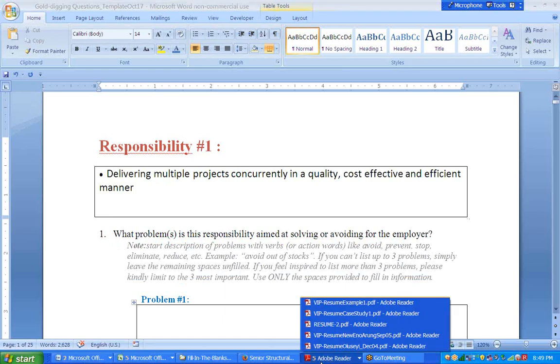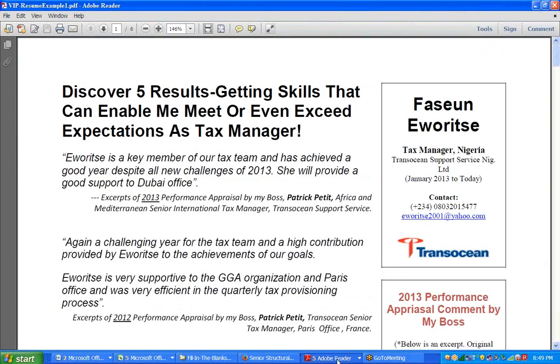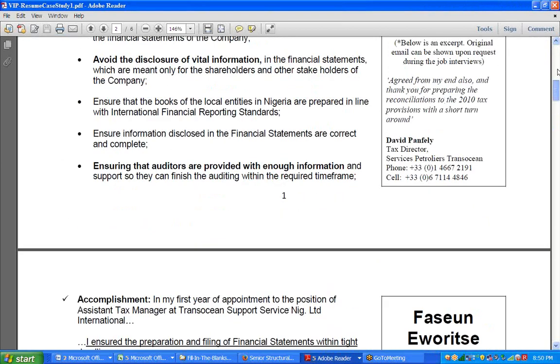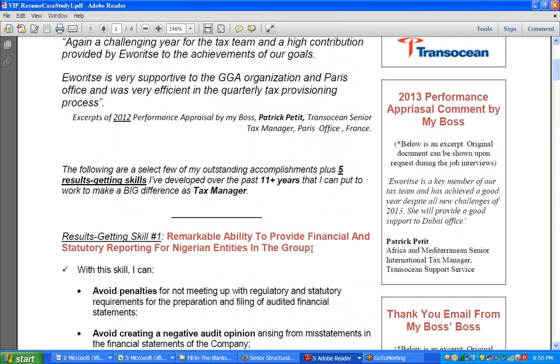If you look at this example here, example number 1, or let's say case study number 1, that is what I mean. That is what is written here in red. Okay, see that? From where it starts is from where it says provide financial and statutory reporting. Forget about the remarkable ability to. That one is something we just added. Just consider this part here. Provide financial and statutory reporting. That's the part that is